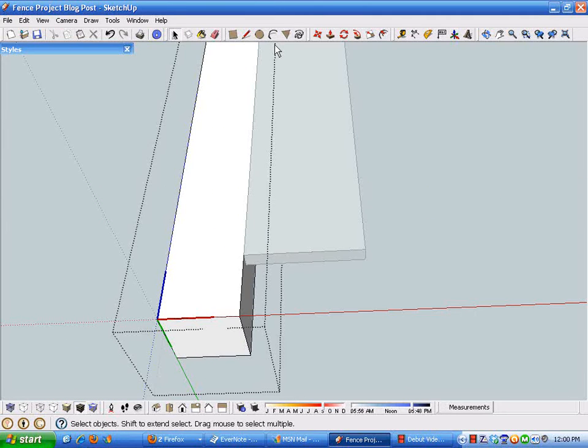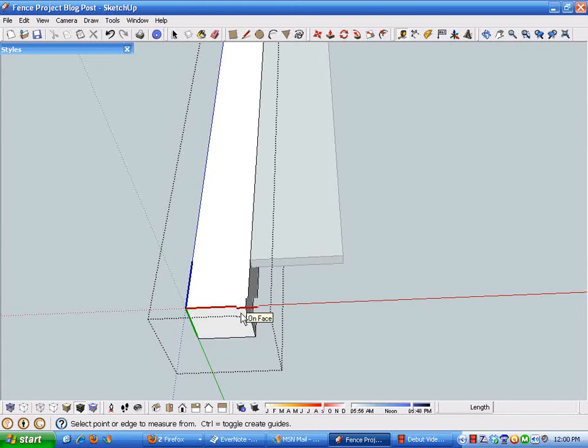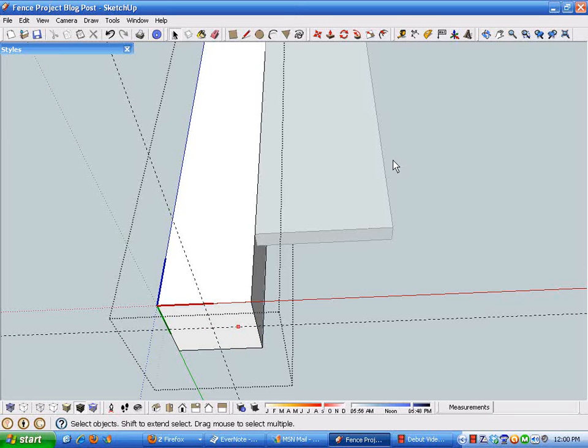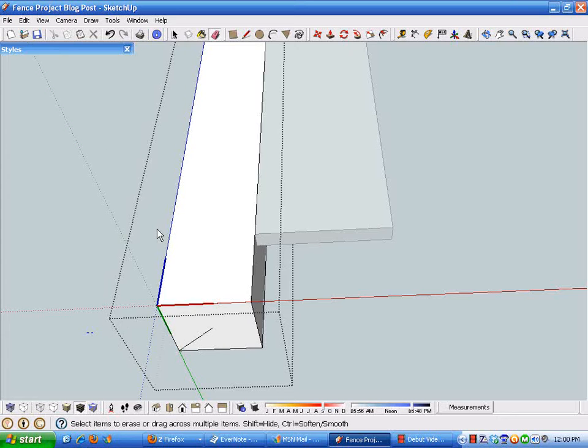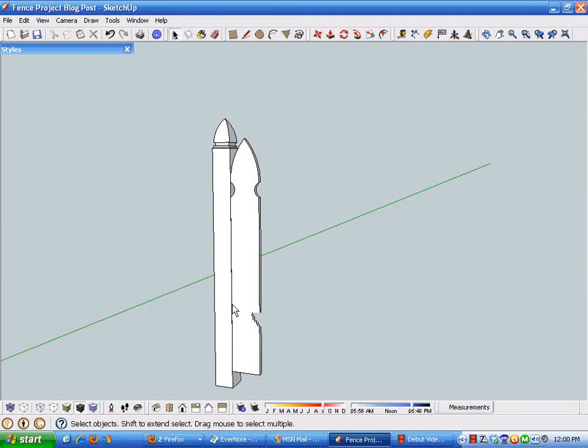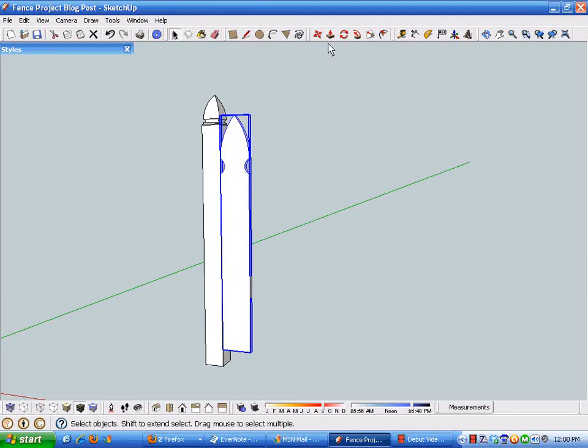Just for future reference, I am going to draw a center point on the bottom of this post component to make it a little easier for a step farther along. There we go. I'm just going to draw a pencil line over to that center point. Sometimes SketchUp has real issues with locating center points of circles and squares that I found. Anyways, so to replicate this